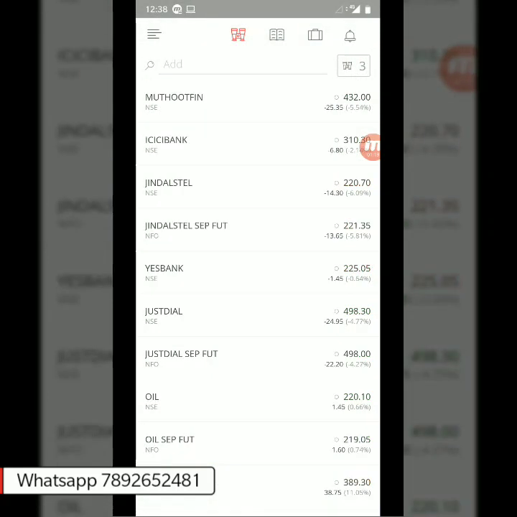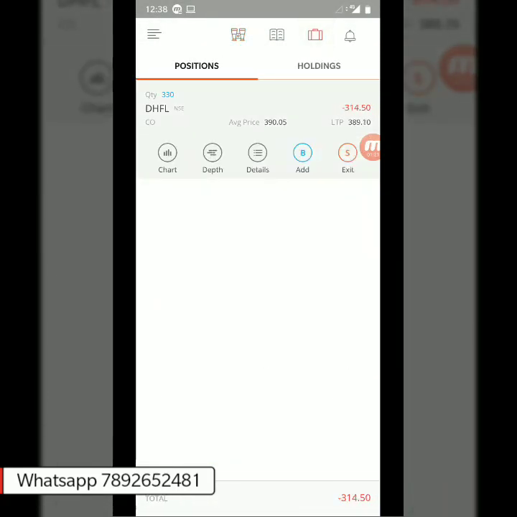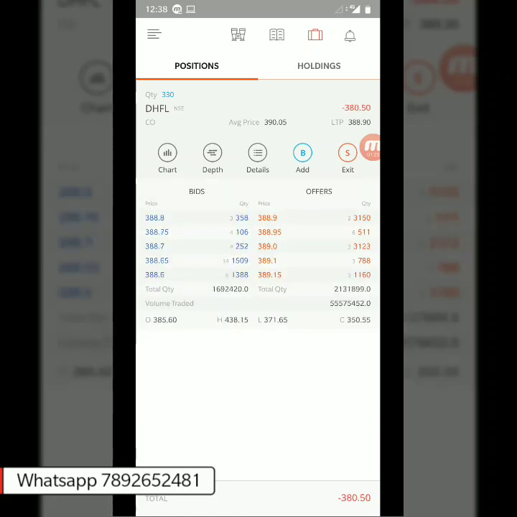So we have taken this particular stock. I put a small amount of money in this stock, because I didn't take much margin. The way DHFL was moving the other day, it moves 10-20% up and down, and all your capital will wipe out. So experiment with a small 10,000 rupees with 10 times only. We have taken it at 390.05.